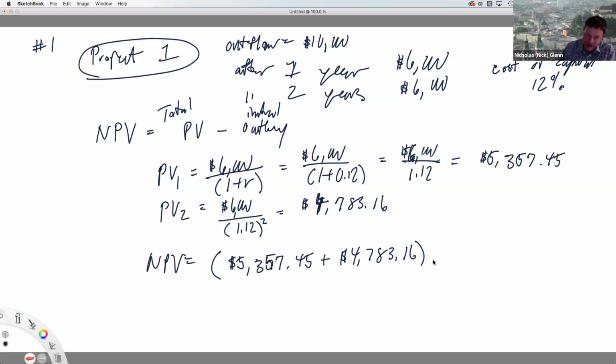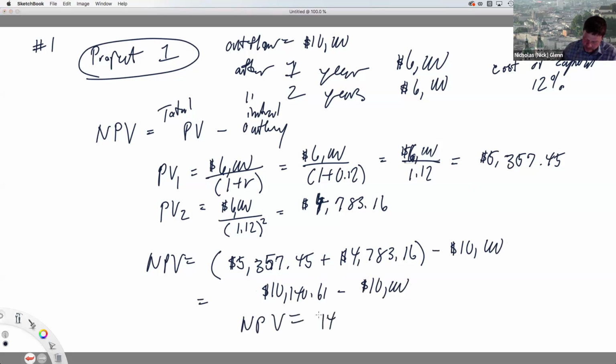That's their total discounted income. All right, what's the net present value? Well, we need to know whether this is worth it or not. So what's this initial investment they're making, this initial outlay? Well, we said that was $10,000. So you add these two together and you have $10,140.61 minus $10,000. And so your net present value in this case is